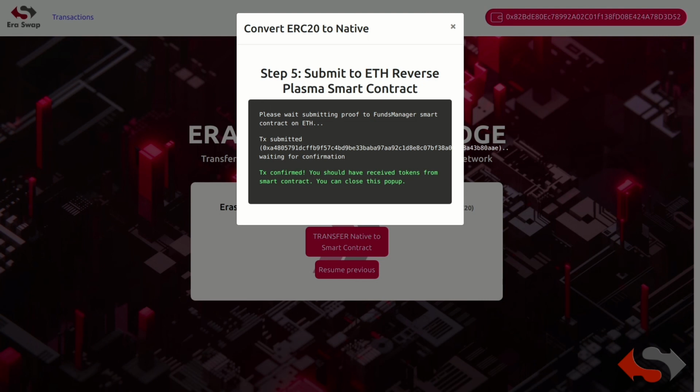Yay! Our transaction is confirmed. We will have received tokens from the smart contract.